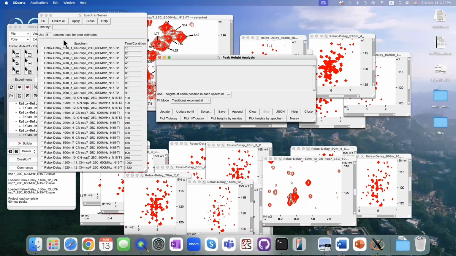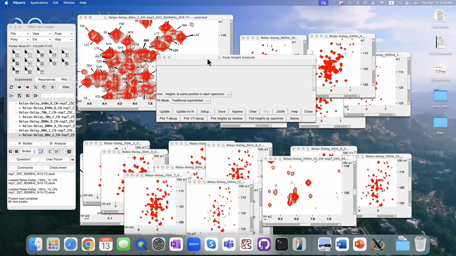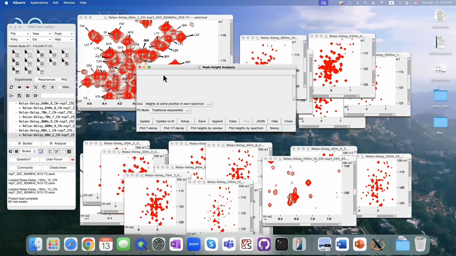So to begin, I'm just going to select some data here. You can also select all of them if you want, or deselect all of them if you want. You can also filter by specific keywords in your spectrum name if you would like. I'm just going to select some of them and then click apply and OK. So now that it's set up,